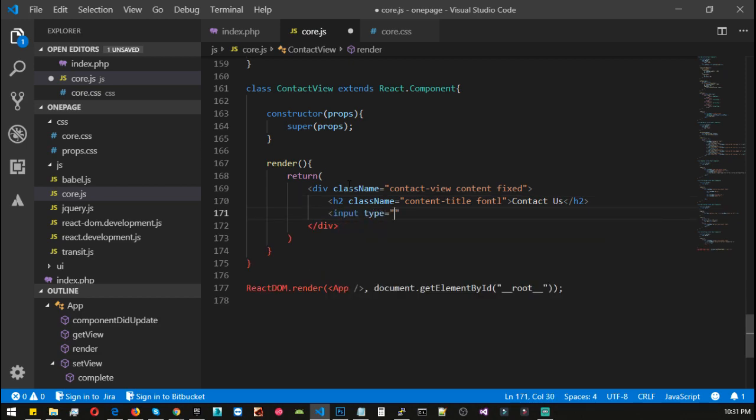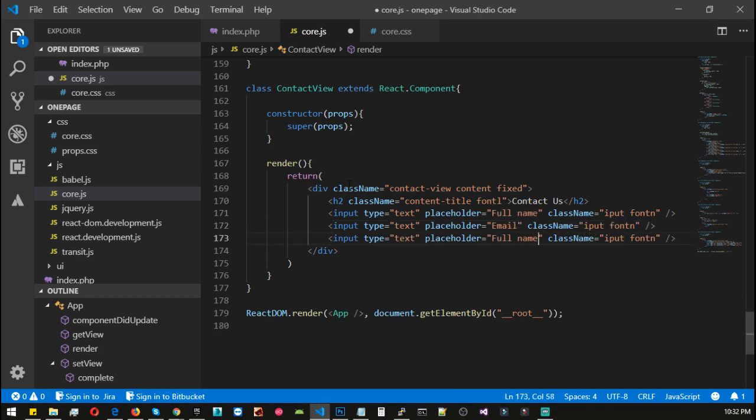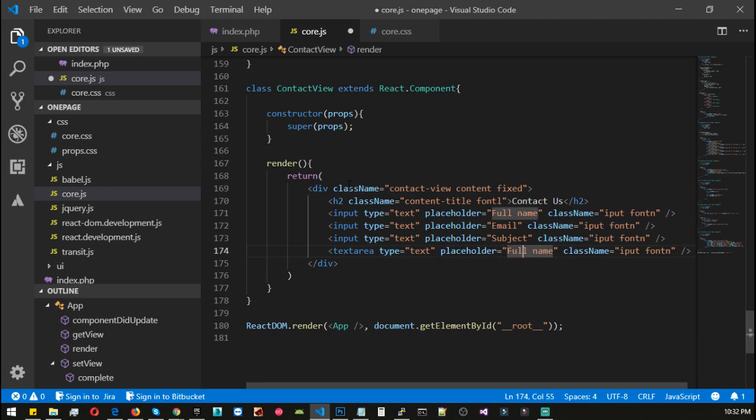Add input type equals text, placeholder will be full name, and add a class name of input, add font N, duplicate and add email, duplicate one more time and add subject, duplicate, and now we need to add text area, and inside text area we will add message. Save,